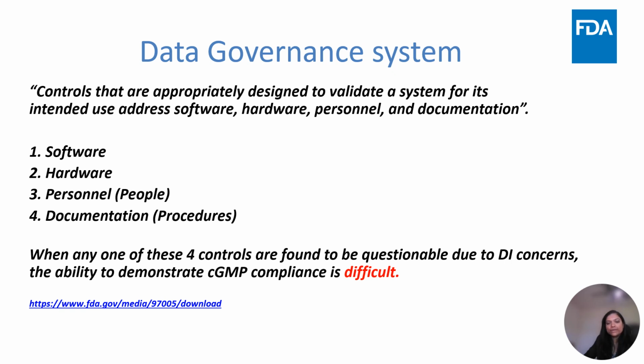The controls behind data governance systems are appropriately designed to validate a system for its intended use and address software, hardware, people, and procedures. Under people and procedures, which includes instructions for completion of records and retention of records, any SOPs, including change controls, non-conformance CAPAs during production or in the lab when you are performing your GMP activities, training of the staff. Are you well documenting those training records, documented authorization for data generation and approvals? So anything you are governing at the site, including your SOPs, your policies, procedures, training records, your non-conformance, change control, CAPAs, all goes under procedural controls.